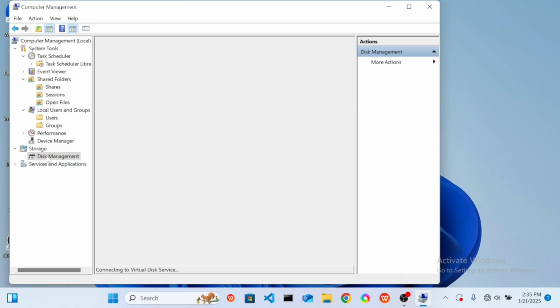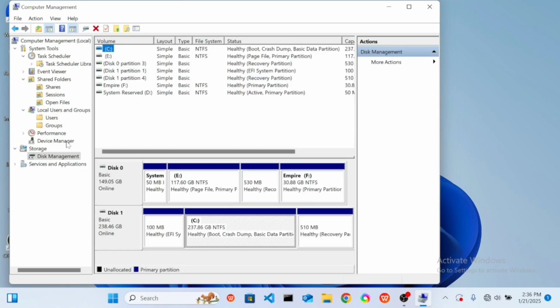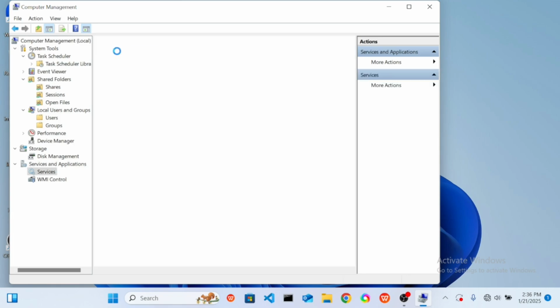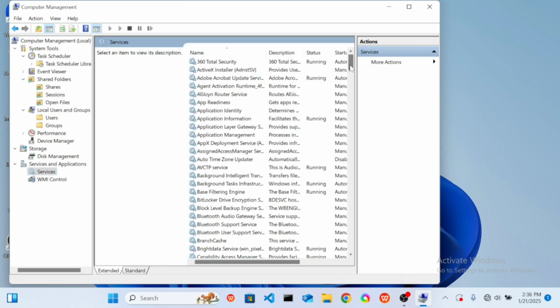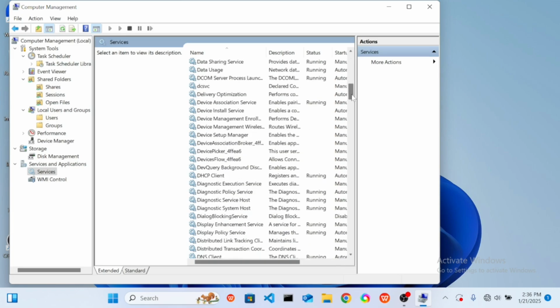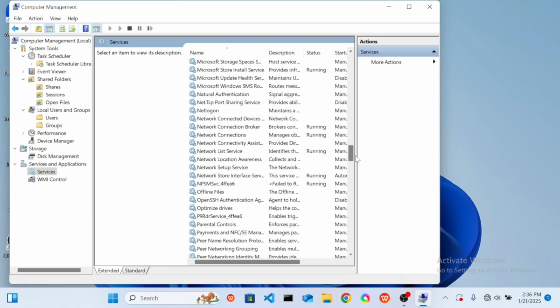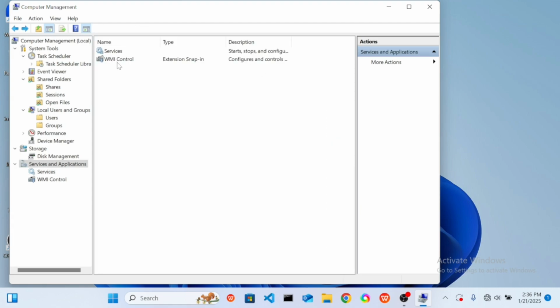2. Storage, under which we have Disk Management. 3. Services and Applications, under which you have Services to view and manage services running on the system. Start, stop, pause, or restart services. Configure service startup types: automatic, manual, disabled. Also under it is WMI Control,